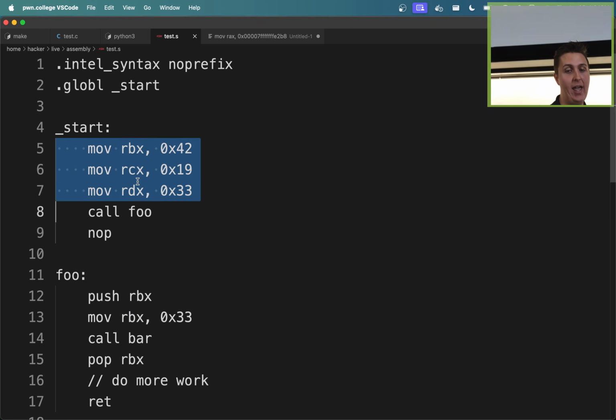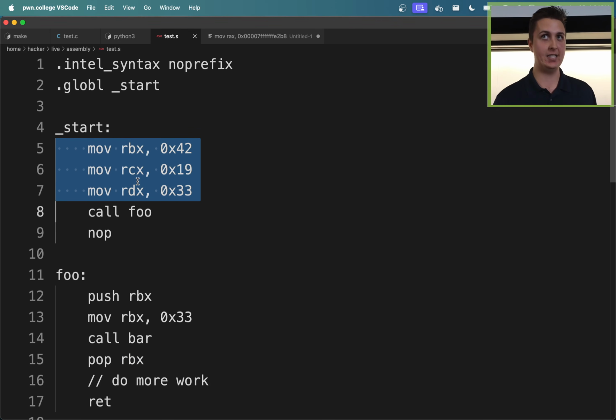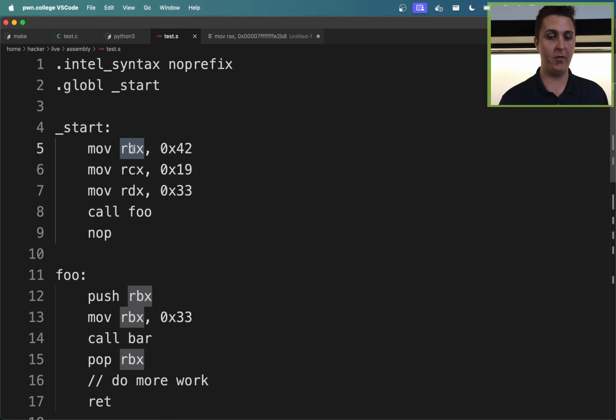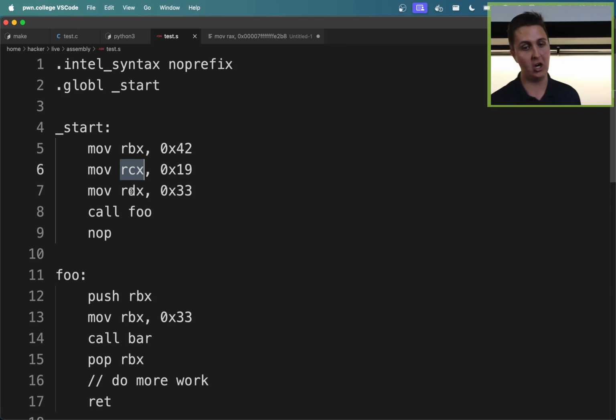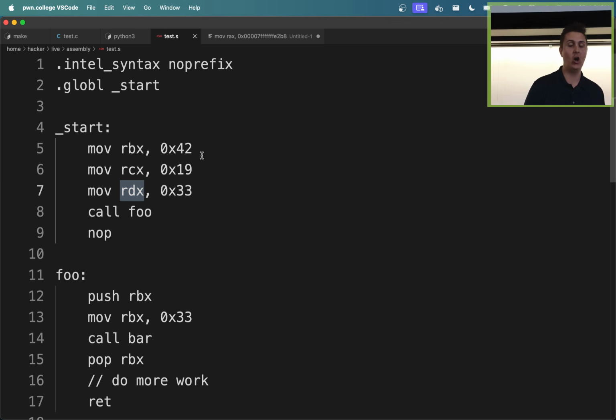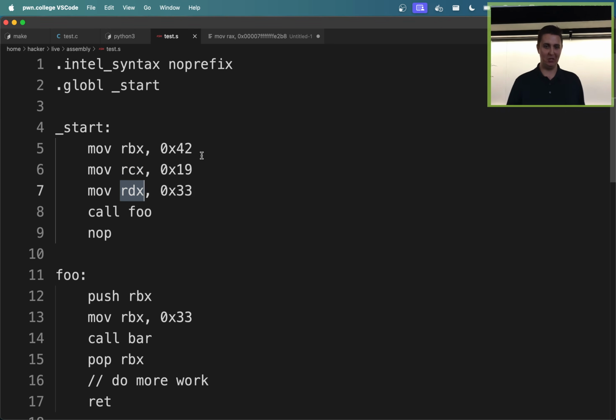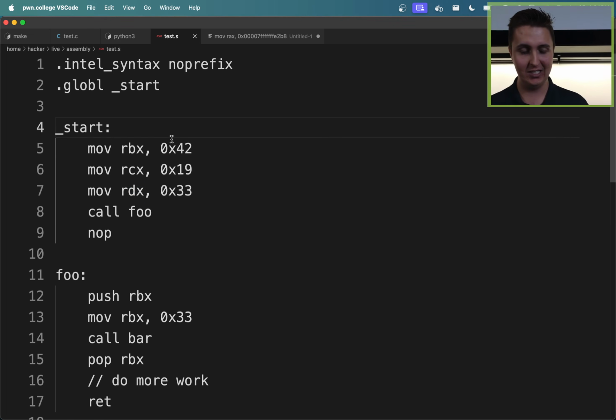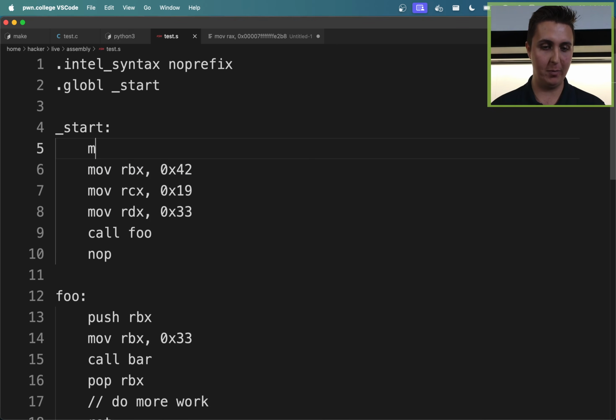And maybe this makes sense in your head that if the result is RAX, well, what are the parameters? Maybe the first parameter is RBX, the second parameter is RCX, the third parameter is RDX. That would be way too simple. Unfortunately, that is not the ordering of the arguments. The ordering of the arguments is